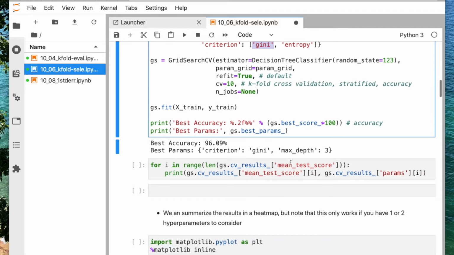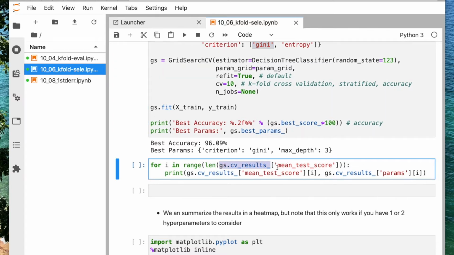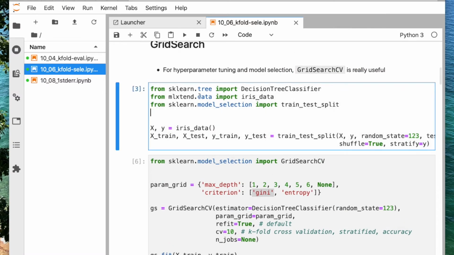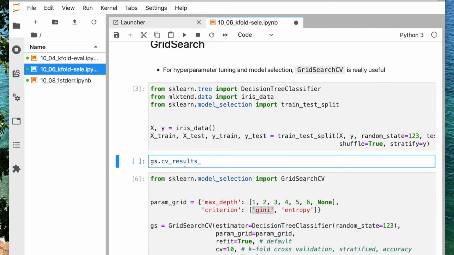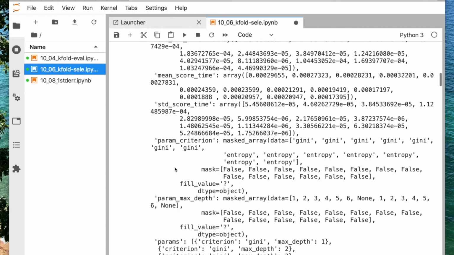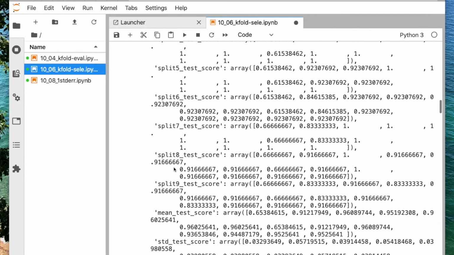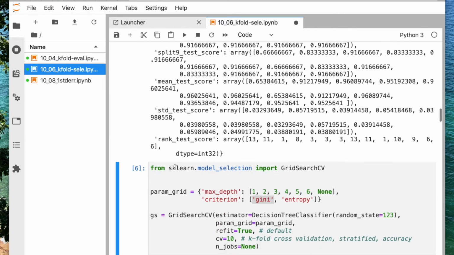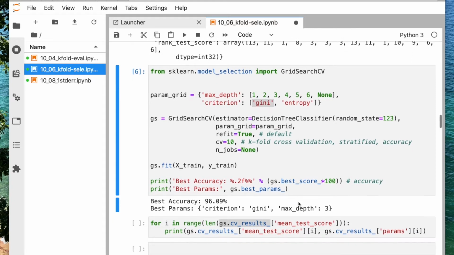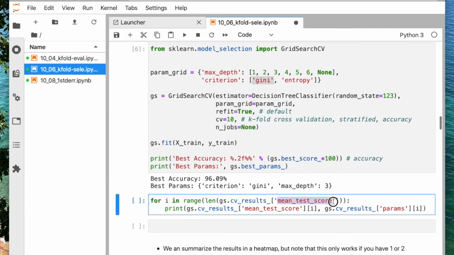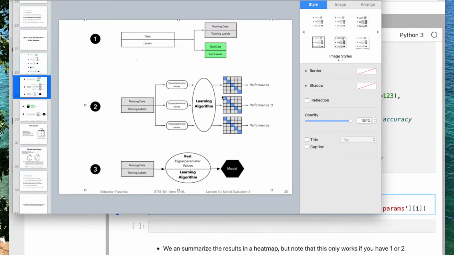However, if you're interested in more details, you can manually inspect the results. All the results are stored in a dictionary. It's actually a big dictionary, so it's kind of tedious to look at it like this, but you have all the data if you want to take a look at it. I only select here the mean test score. The mean test score refers to the average over these validation folds.